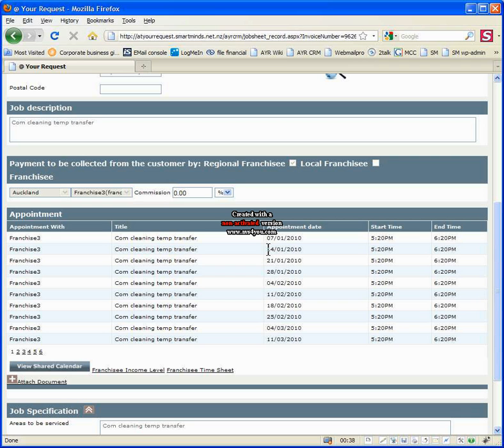Now, let's say that in January, franchisee number 3 does these 2 jobs, but then cannot do these 2 jobs here. But they can start back on the 4th. So what you can do is simply go in and